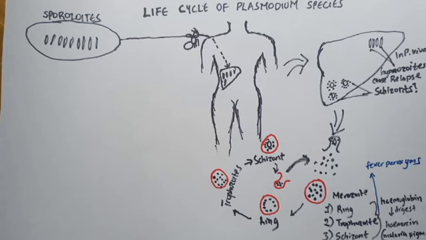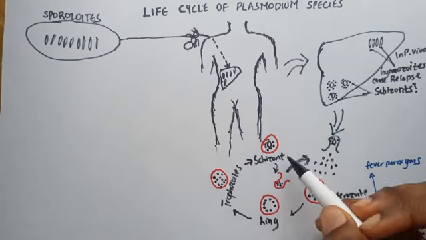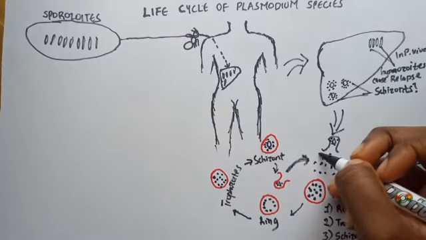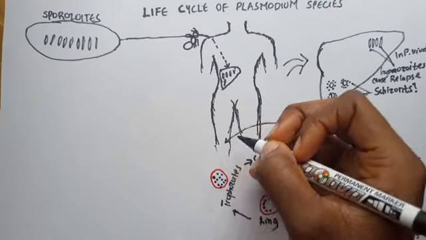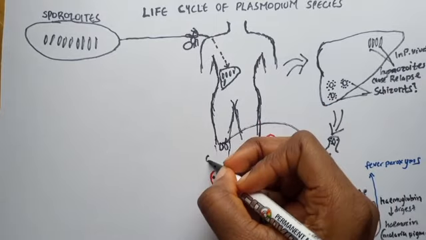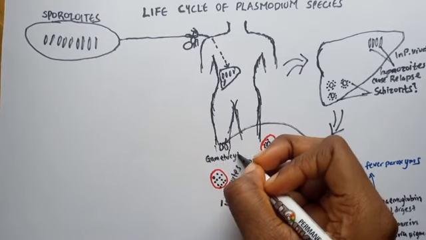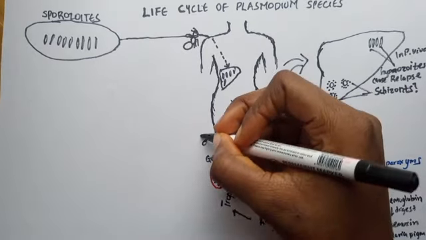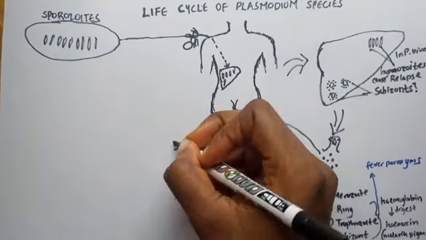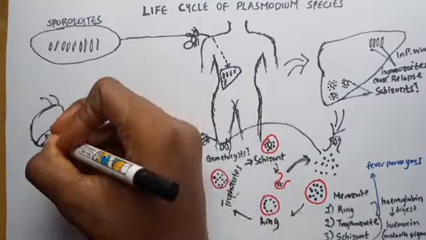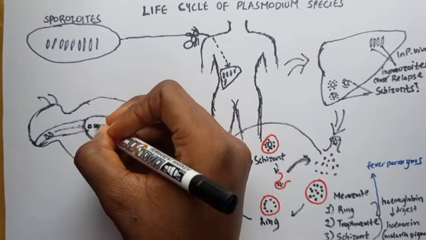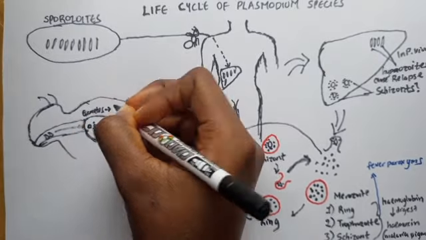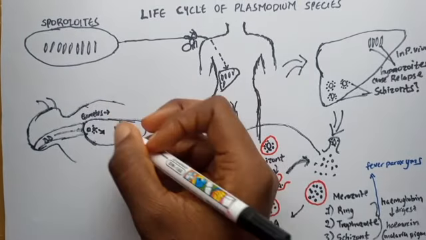Okay, let's move on. However, not all merozoites mature to form schizonts. Some of them divide by meiosis to form something called gametocytes. The gametocytes are non-pathogenic. Their role is simply to ensure that malaria keeps existing, mostly in the tropical parts of the world, because when an uninfected mosquito bites a person with gametocytes, the gametocytes enter the gut, then they mature into gametes and fuse to form a zygote.